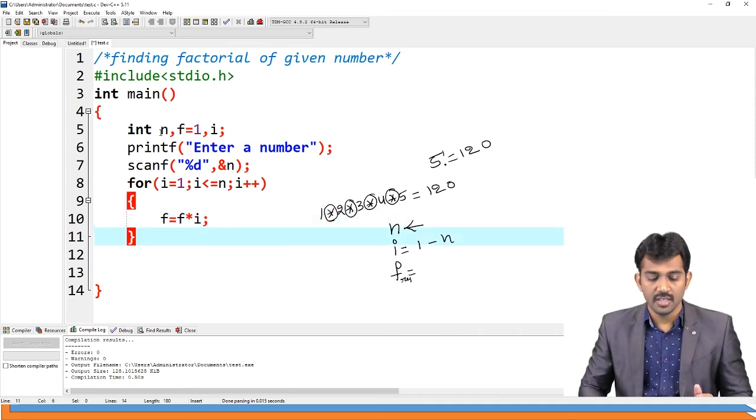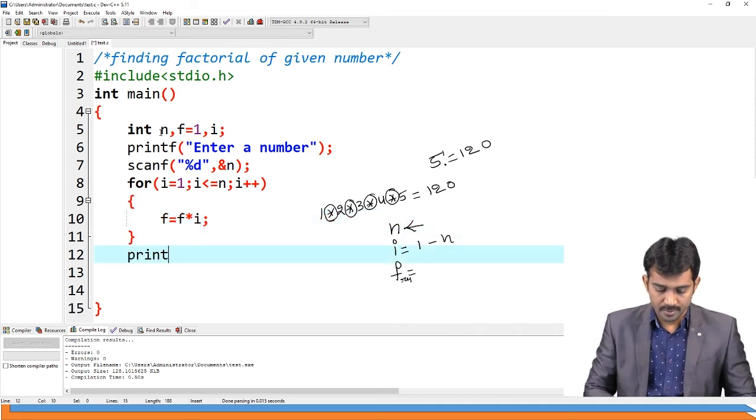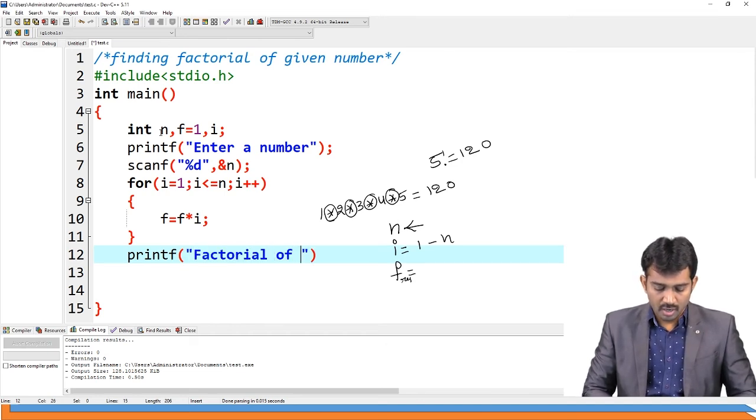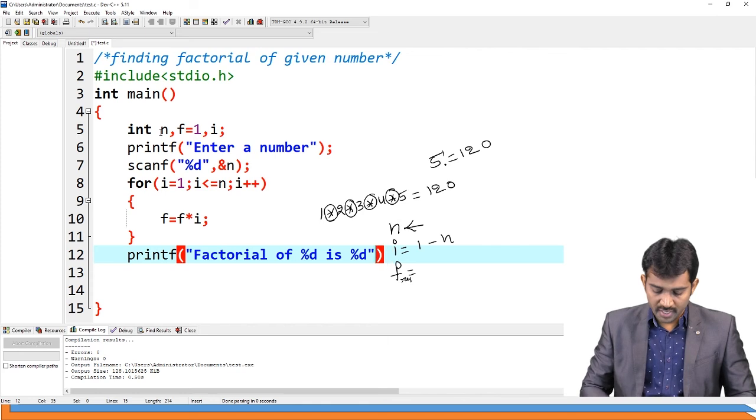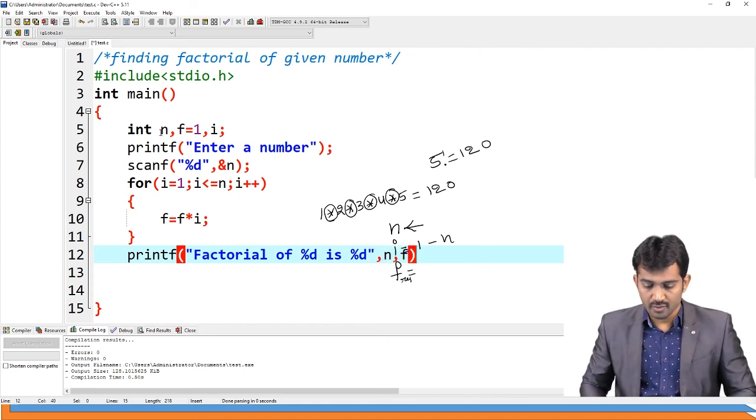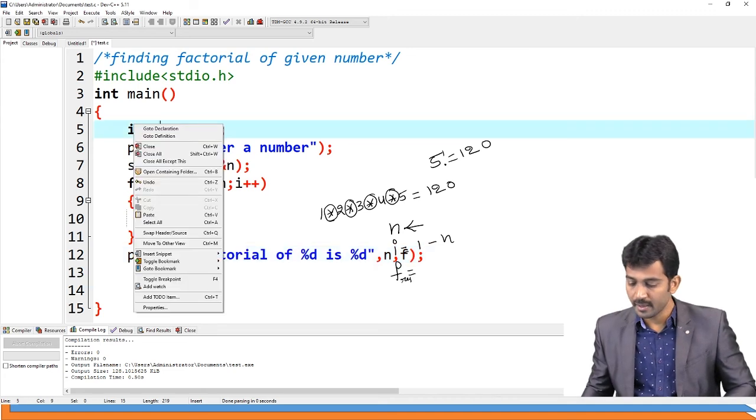Then printf factorial of %d is %d, that means factorial of n is f.